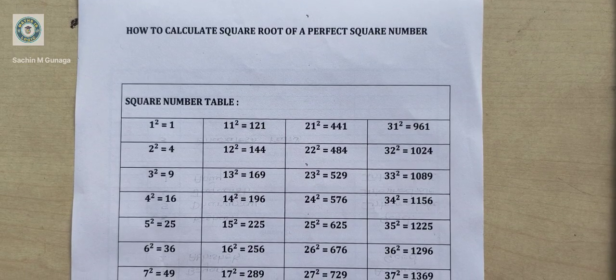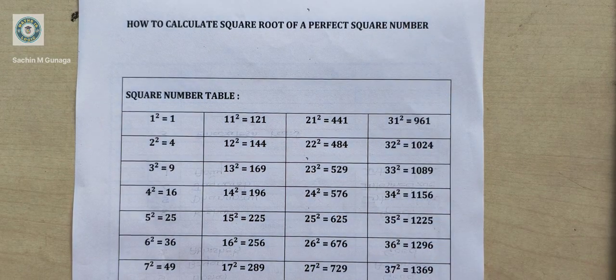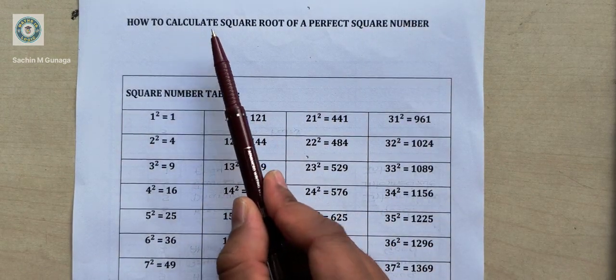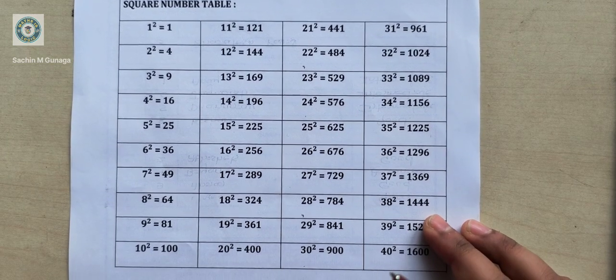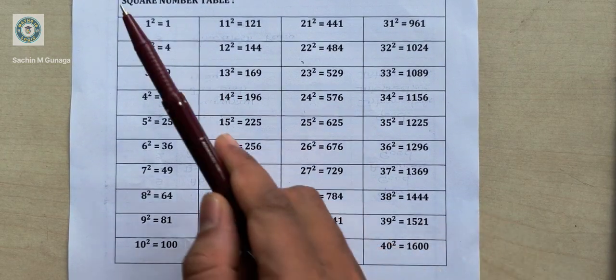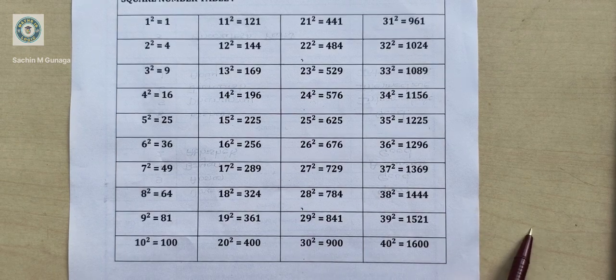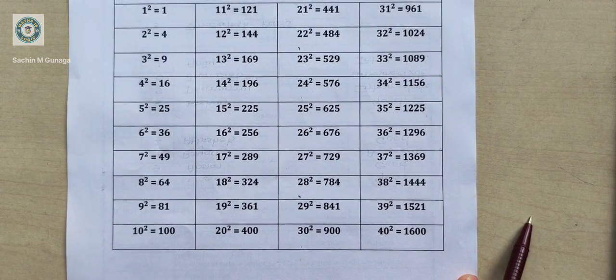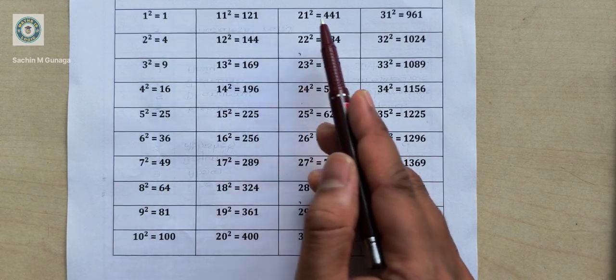Hello everyone, in this video we will see how to calculate the square root of a perfect square number. Before calculating the square root of a perfect square number, see this square number table from 1 to 40. In this table, if we observe carefully, you can see the last digit